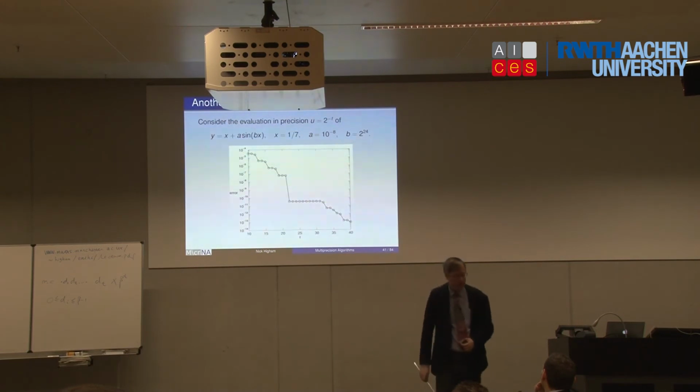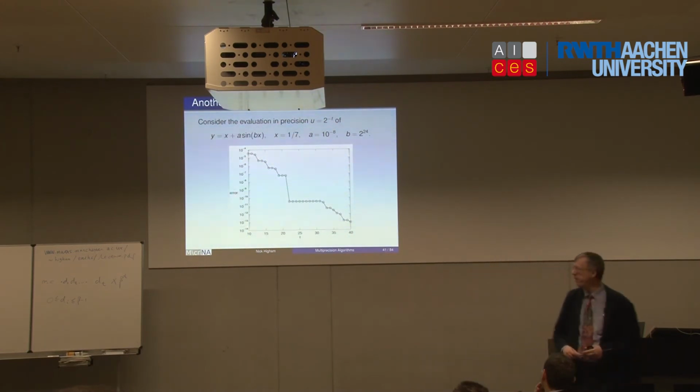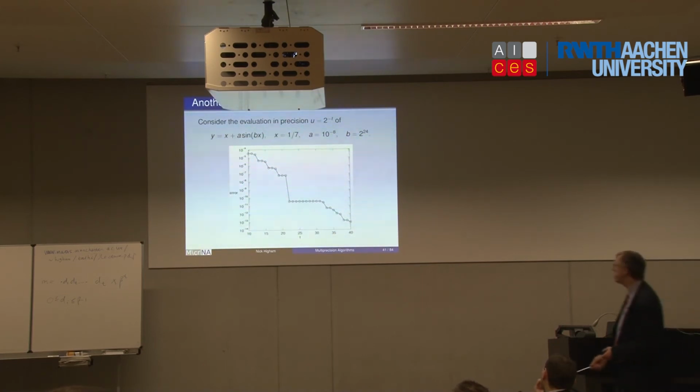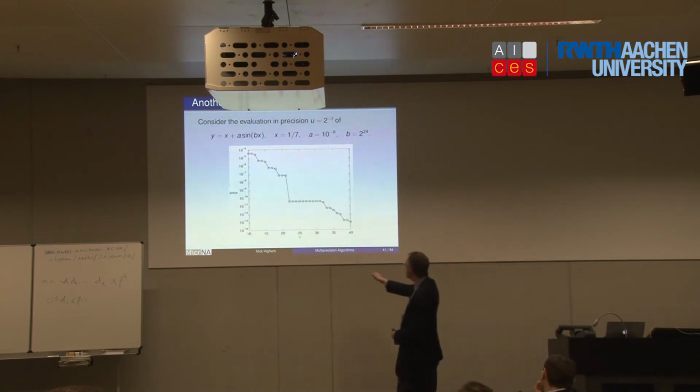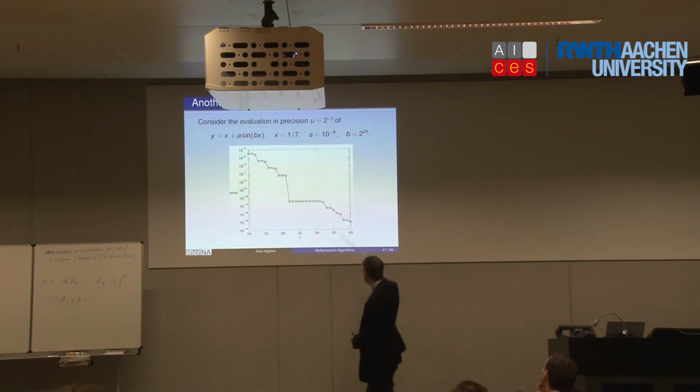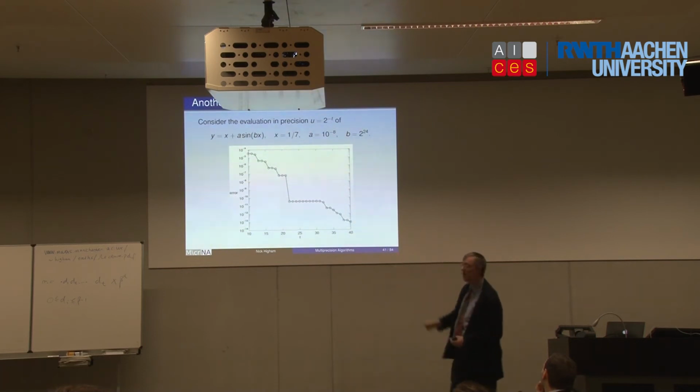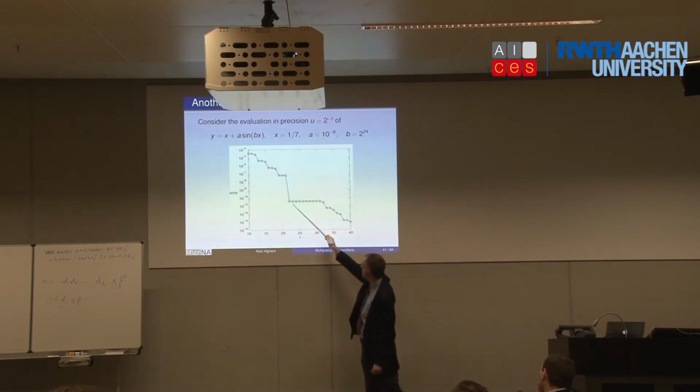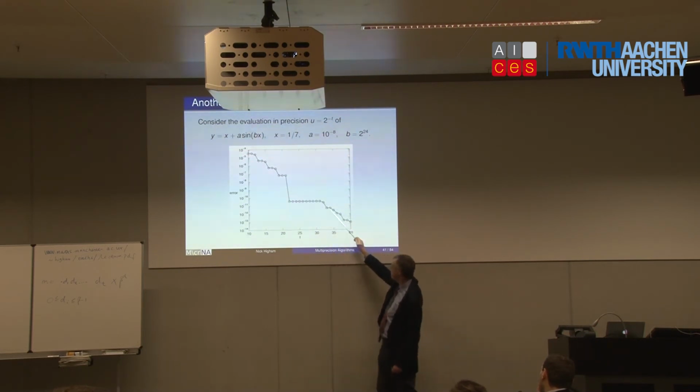And another example that I have in my book, I think, is evaluating an expression. It's just x plus a sine of bx, and x, a, and b are scalars. The value is shown there. Doing this in arithmetic of increasing precisions, so base 2, the number of digits t in the mantissa is increasing. The y-axis is the error. And the amazing thing here is that you get this whole range of values of t for which the error is exactly constant. And then it starts to drop again.